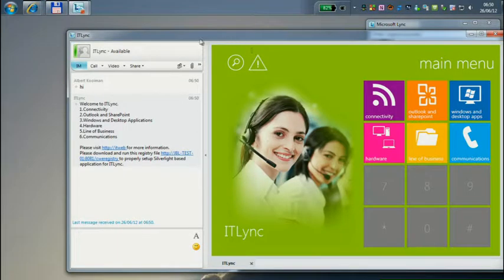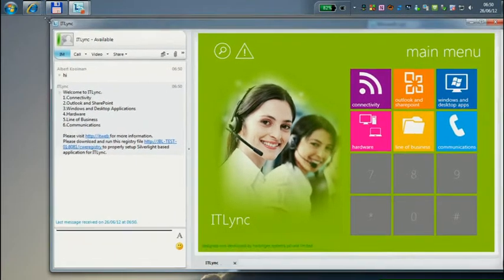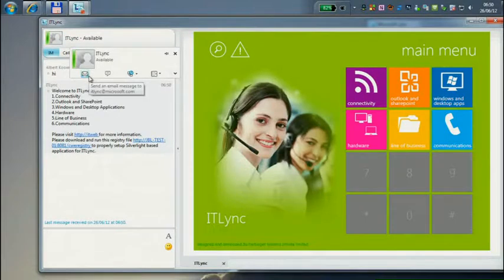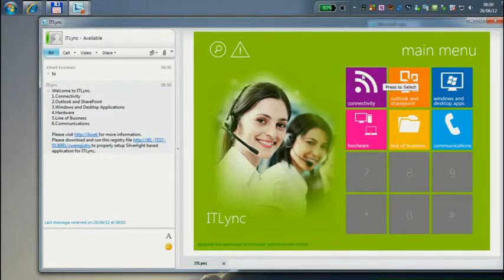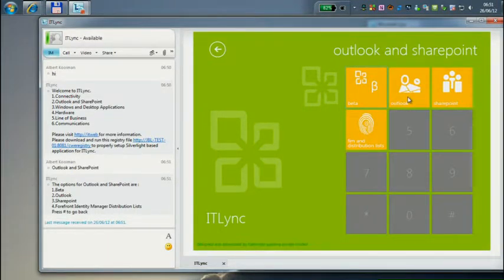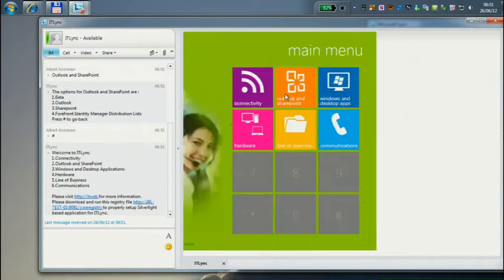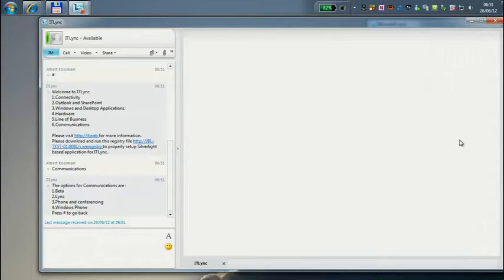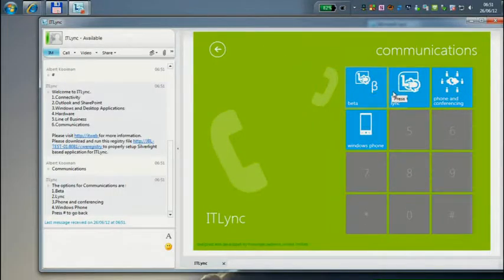But we have extended the application that we have here to call the help desk to not have to listen to all those menus, but you can actually click on the little tiles. This is that same window that we are using for the conversation window extension. And if I have a question about, for example, SharePoint, I can click on it and I could have selected SharePoint. Or if I have a question about Lync, I go to Communications, and here there's the Lync Beta, and here's Lync.